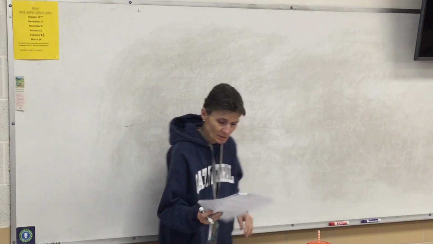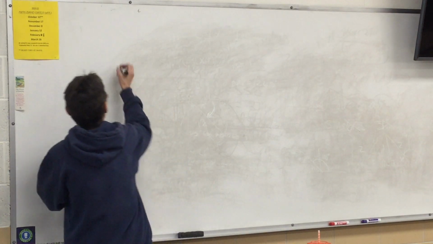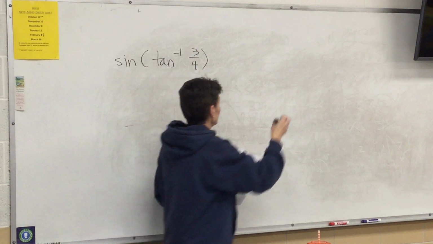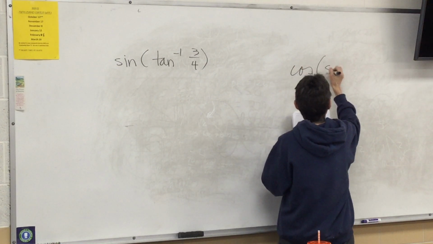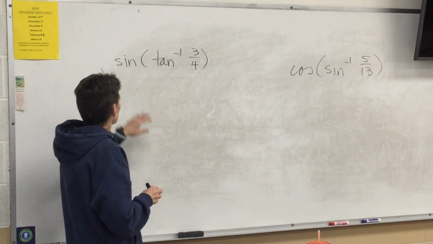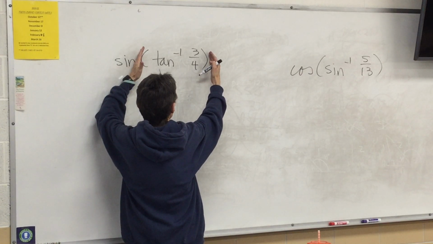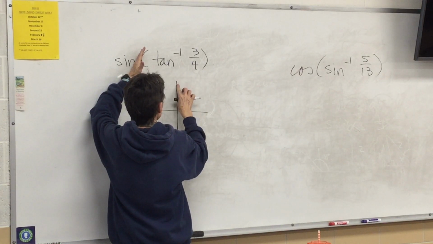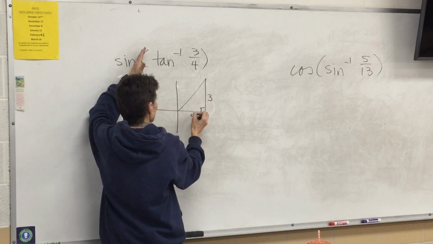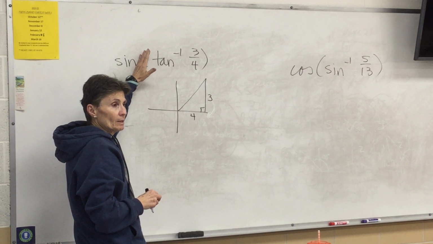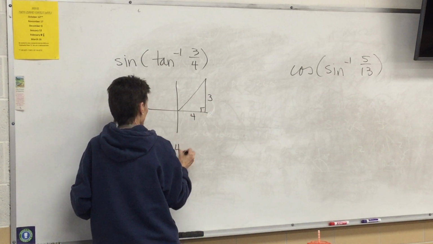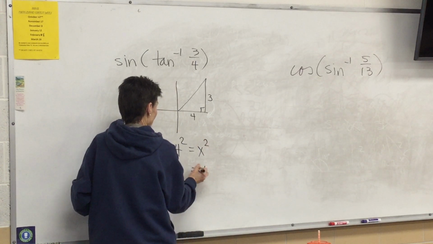Oh, wow. Okay, so we're in our notes, page 38, number 2. So last time we were together, we talked about what this meant right here. So this means the angle whose tangent is 3/4. So I'm going to draw a picture of that angle. The angle whose tangent is 3/4. Opposite over adjacent, 3/4. Okay? Now, I'm going to do the Pythagorean Theorem to figure out what my hypotenuse is. So my hypotenuse is,